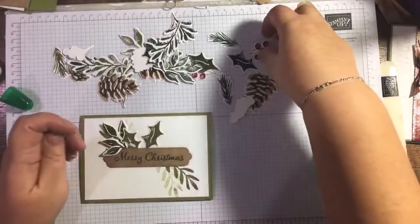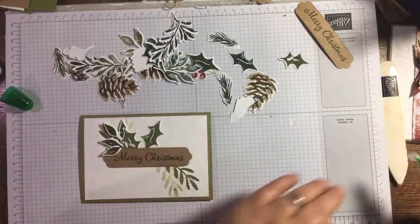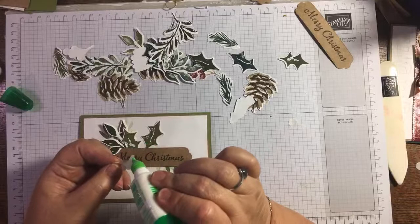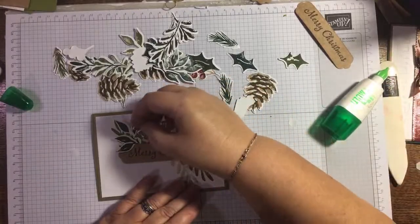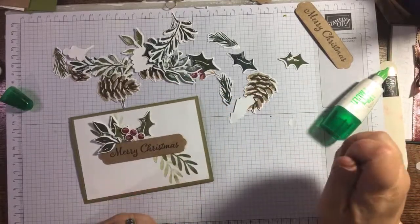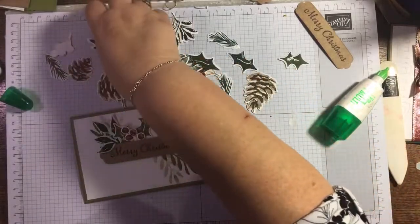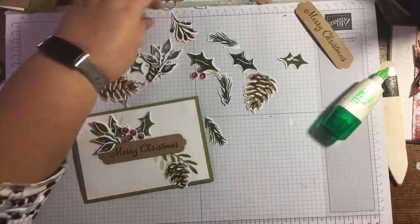You can just make it up as you go, really. I mean, you could spend ages faffing about if you want. Or you can chuck some bits at it and it works. It works just the same. I think this, we could have one of the little...